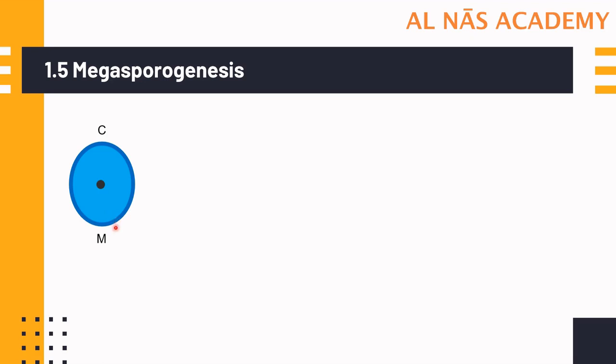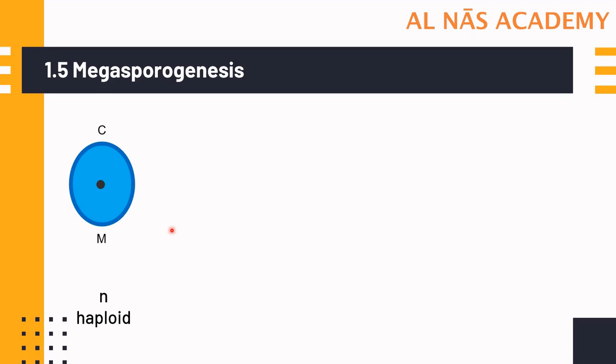Now one more thing which we need to remember is that whenever we are talking about megasporogenesis or the megasporophyll, it is important to indicate the position of the micropyle and chalaza. So the surviving cell was towards the micropyle. This surviving cell then enlarges, which is haploid in nature. In this cell, karyokinesis takes place, meaning the nucleus will divide. Cytokinesis will take place a little later.